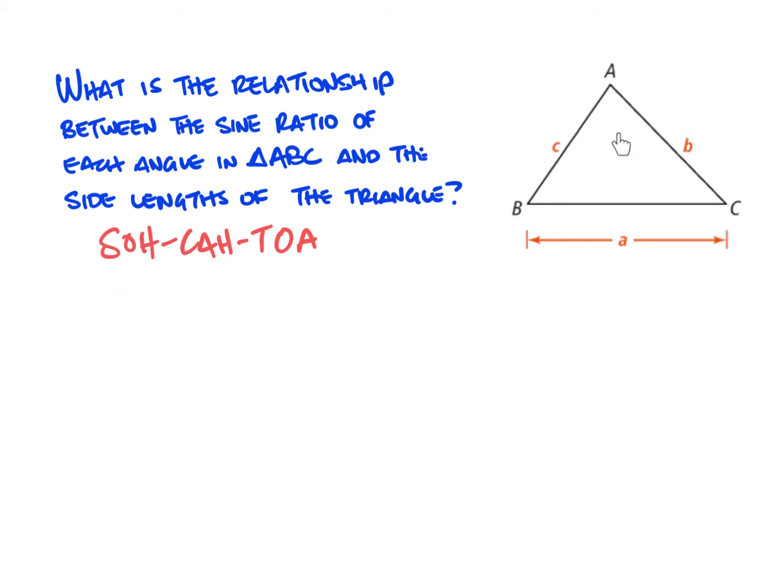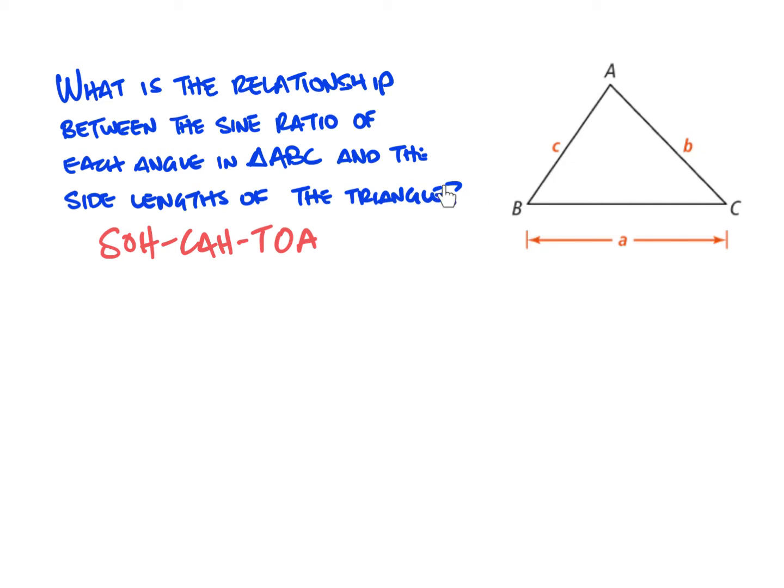sine is not going to really apply here, and so it might initially seem that we can't even answer this question, or maybe we would just say that there's no relationship between the sine of A and the side lengths of this triangle, right? It would not necessarily be opposite over hypotenuse because we don't have a hypotenuse in this triangle because it's not a right triangle. But in fact, if we take a look at this and we add a segment to this